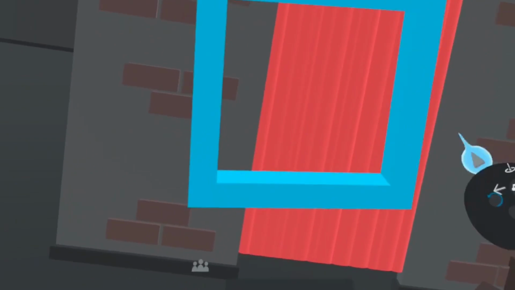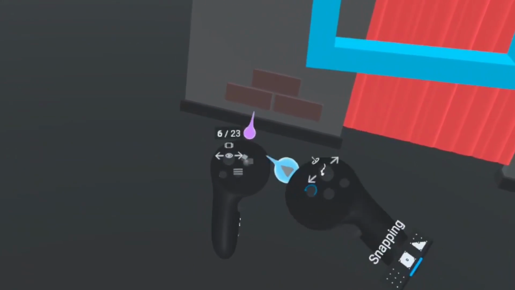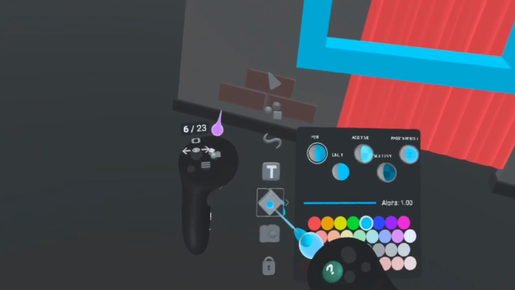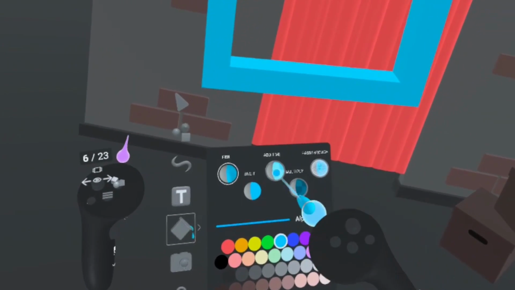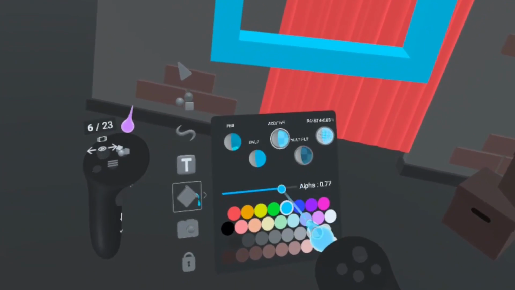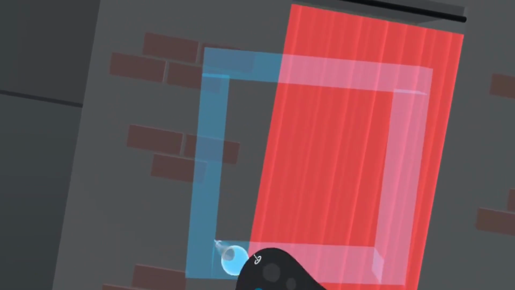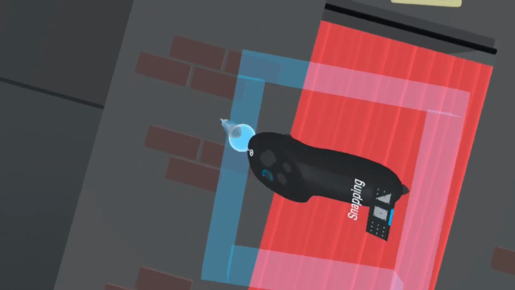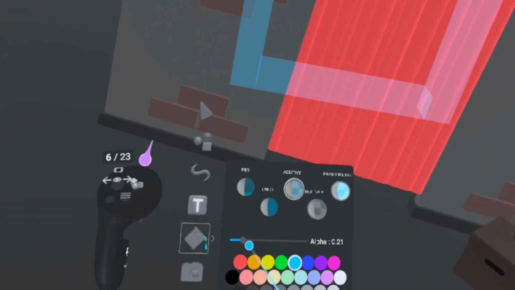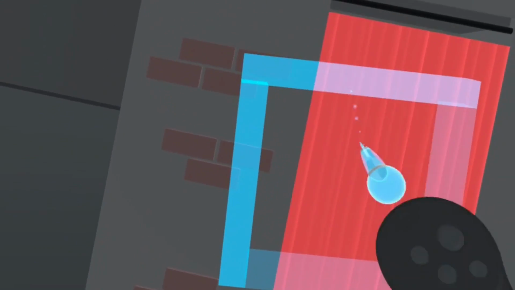And then this had a transparency look to it. So I'm going to come down here to my color menu, and I'm going to select the same blue color. I'm going to do additive, but I'm going to bring the alpha channel way down, and then I'm going to color these. And then the top two here, this is going to be the arrow. I'm going to bring up my alpha channel a little bit and make those a little bit of a darker